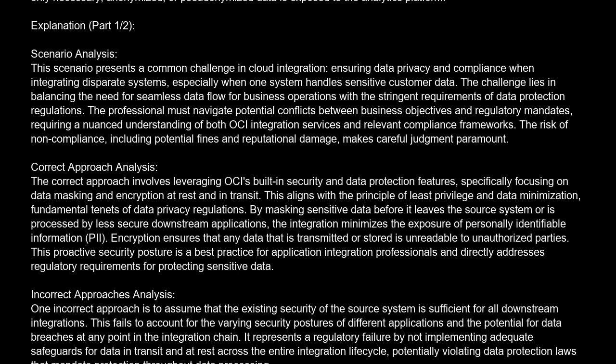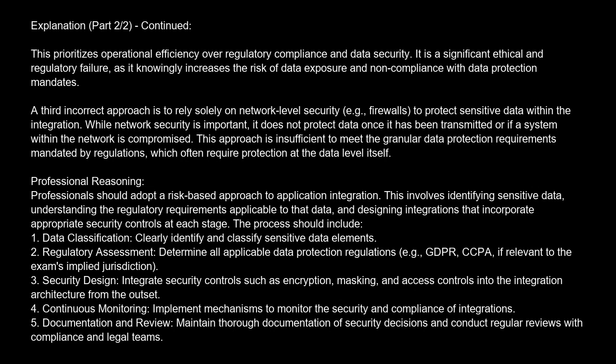Another incorrect approach is to disable encryption and masking for performance reasons without a thorough risk assessment and explicit business justification that is documented and approved by compliance and legal teams. This prioritizes operational efficiency over regulatory compliance and data security. It is a significant ethical and regulatory failure, as it knowingly increases the risk of data exposure and noncompliance with